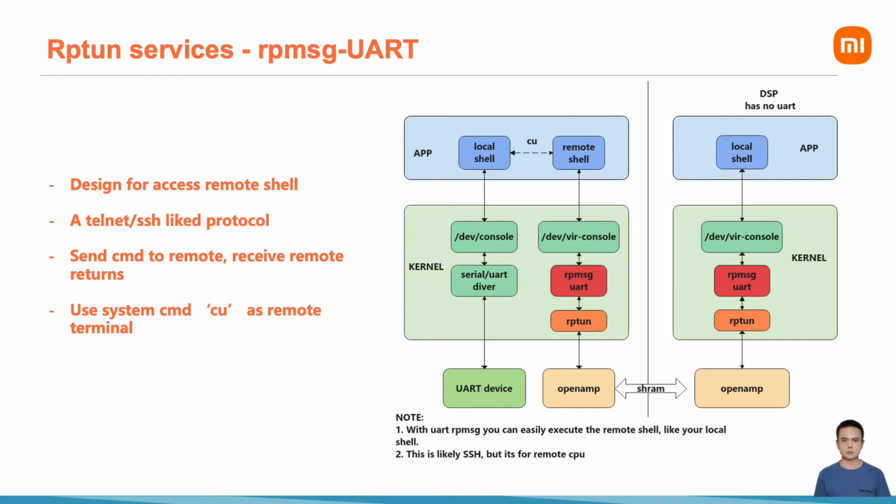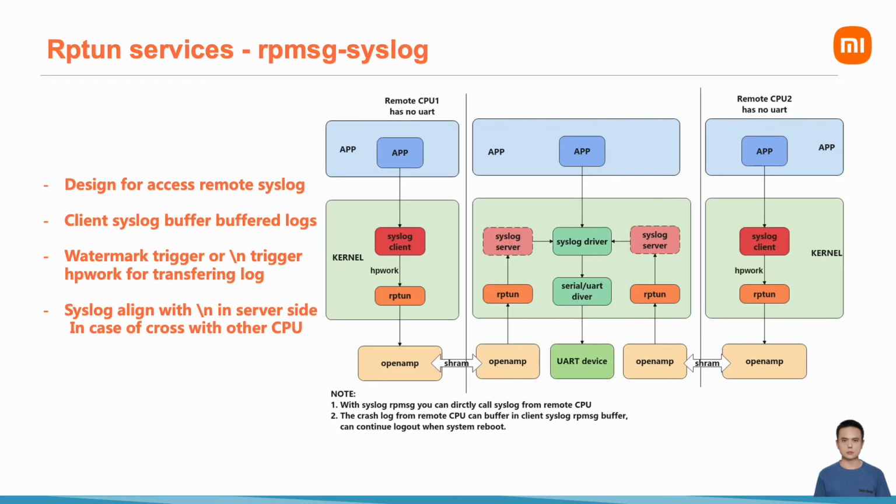Then we use the system command cu as a remote terminal entry. cu sends some chars like ps. Then the ps chars are sent to the remote CPU through OpenAMP. The DSP shell receives the ps command and executes it on the remote CPU. And then it gets the ps echo. Then the echo is sent back to the main CPU. After the echo comes back to the CPU, it can be shown to the user. Next service,